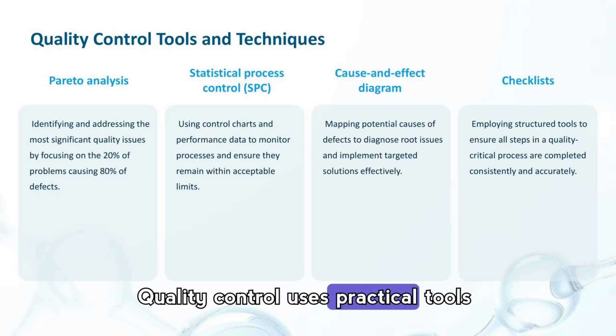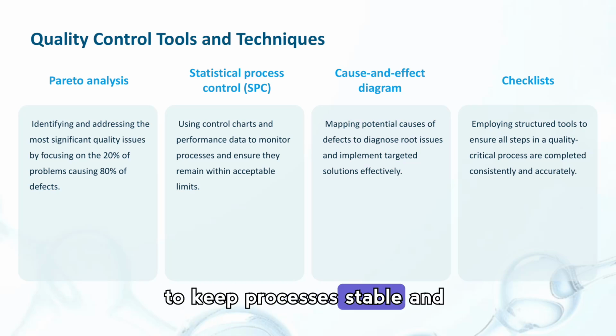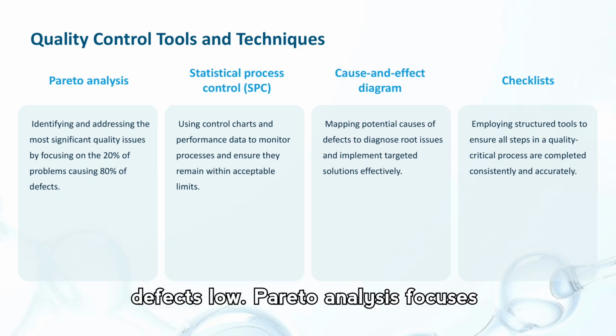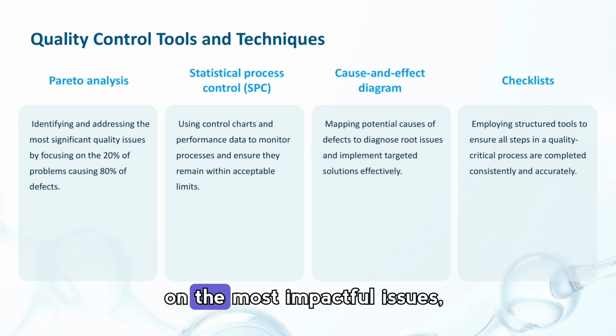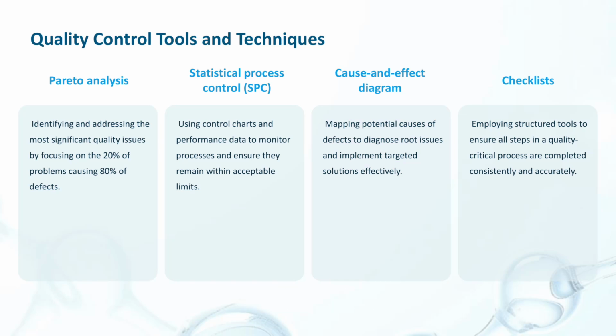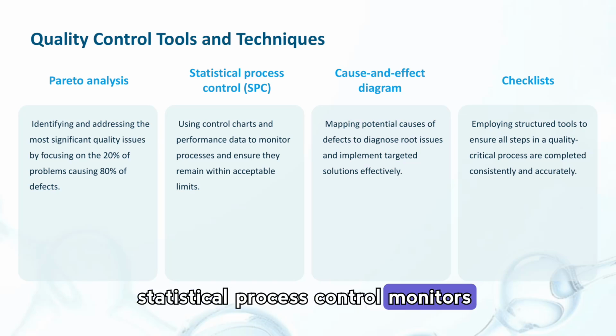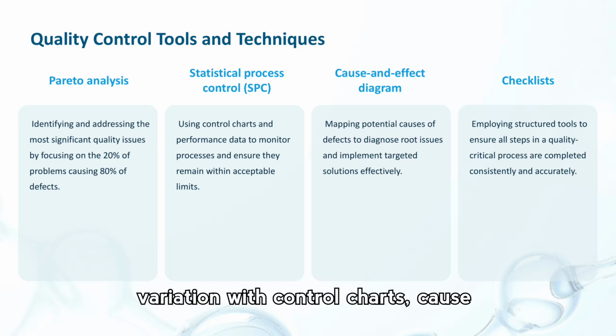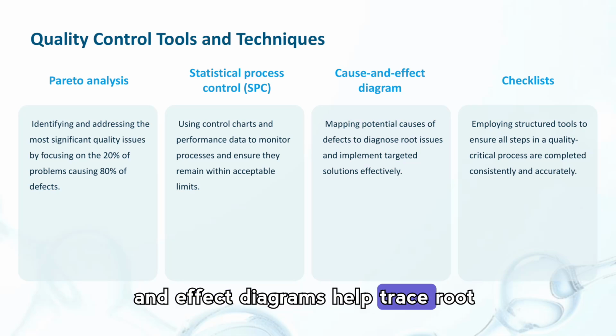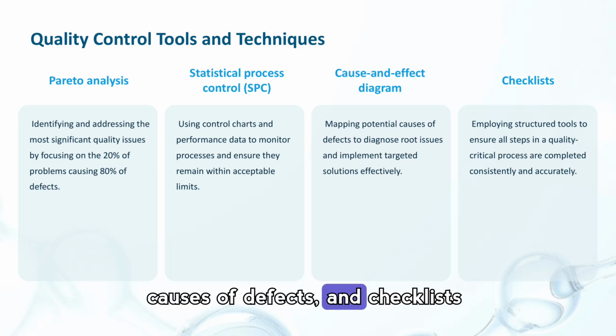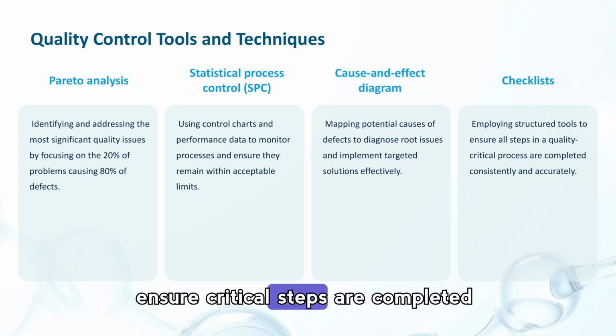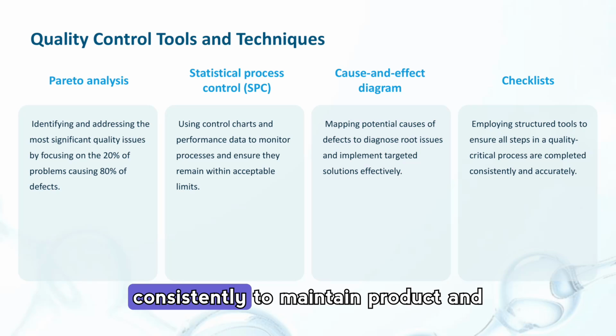Quality control uses practical tools to keep processes stable and defects low. Pareto analysis focuses on the most impactful issues. Statistical process control monitors variation with control charts. Cause and effect diagrams help trace root causes of defects, and checklists ensure critical steps are completed consistently to maintain